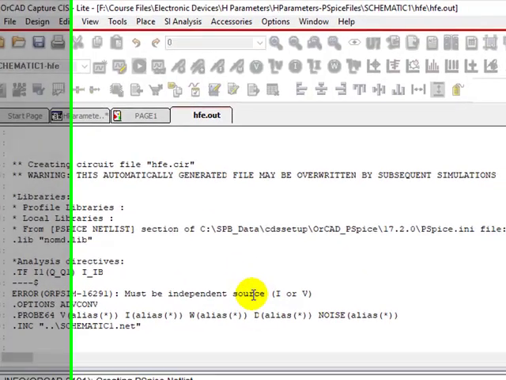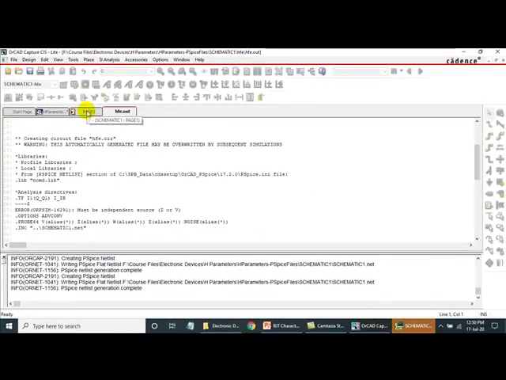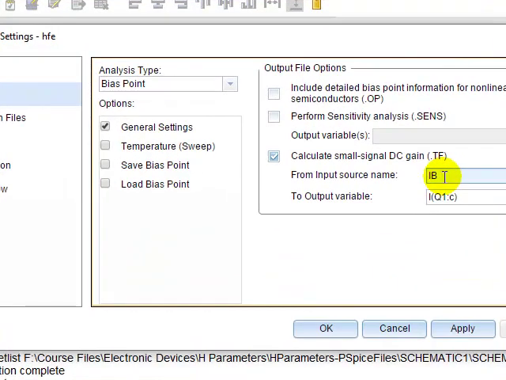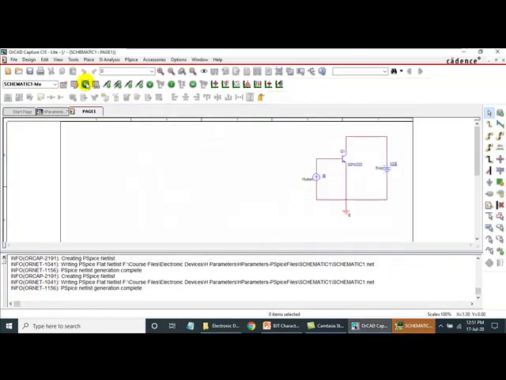I cannot directly give IB here because this is not a voltage source, so you may get errors. So I'll give it as I of Q1 colon B, since it is base current. Click on apply, click on OK, run the simulation.